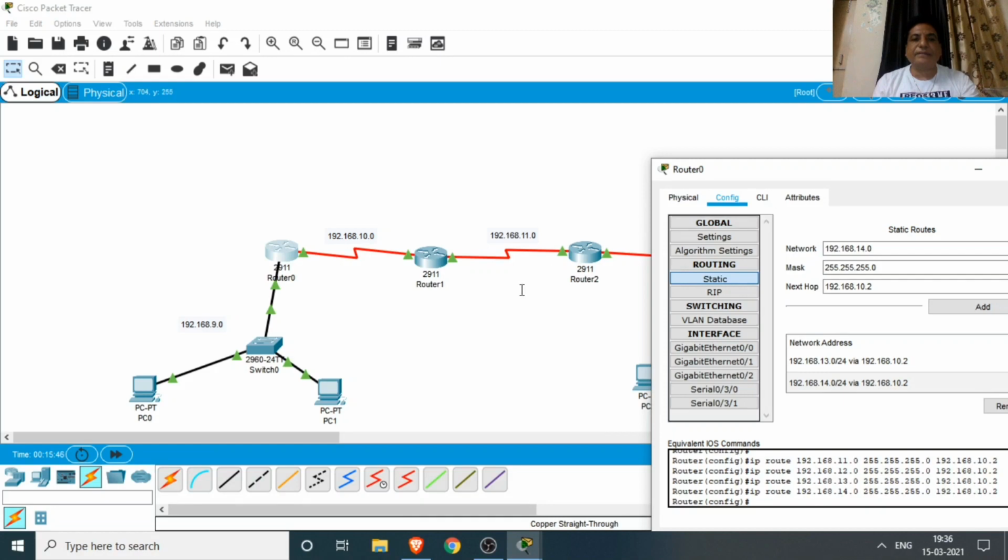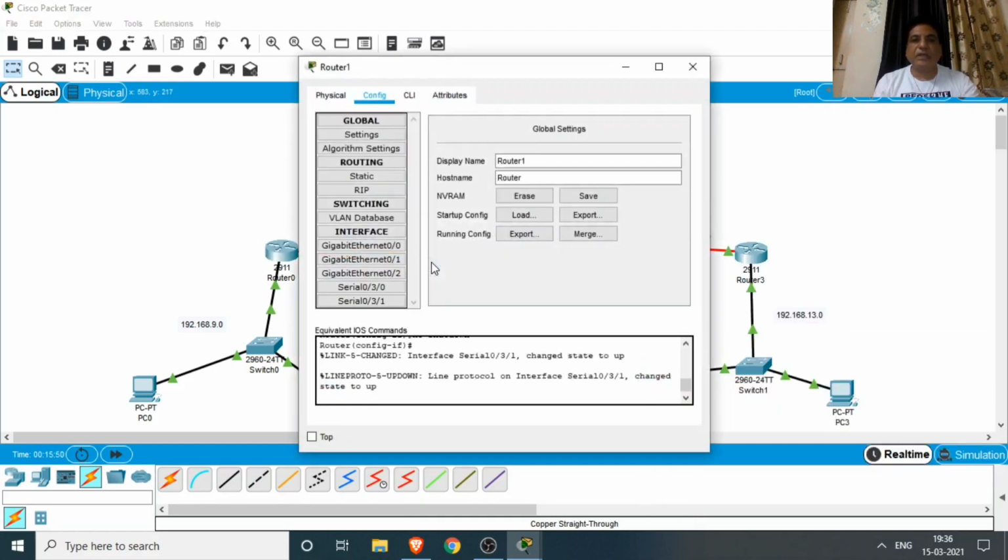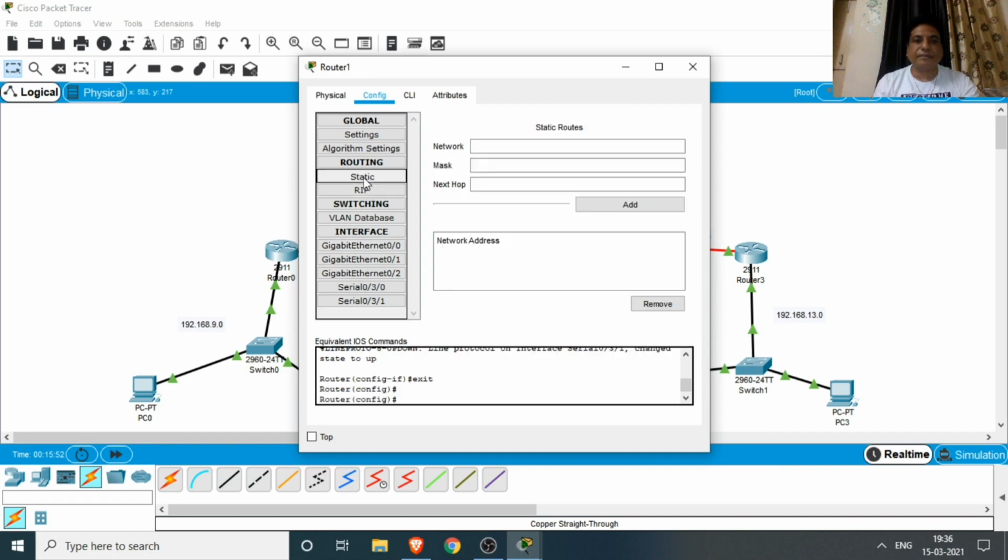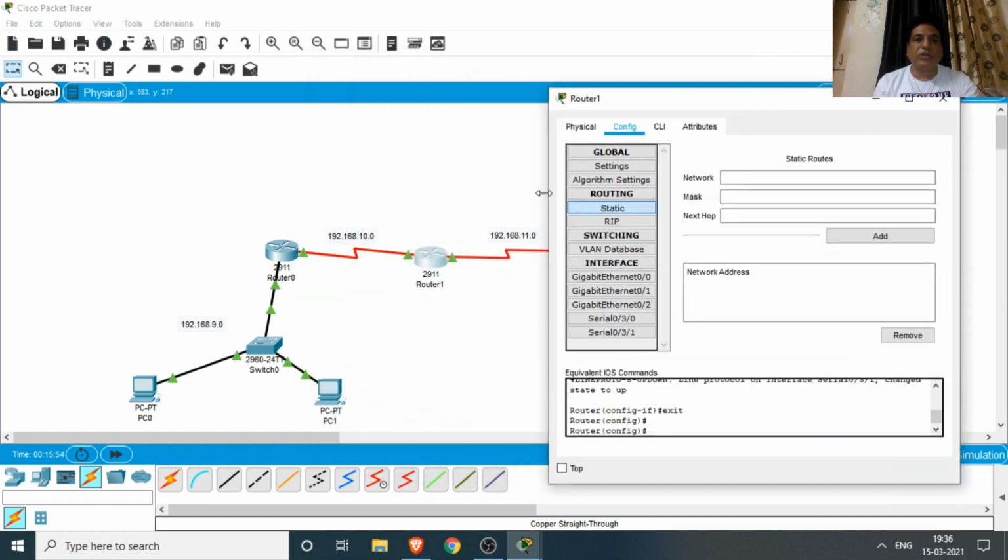Now we click on router 1, go to static. We want to go from router 1 to the 9.0 network. Our exit point is 10.1. So first we add 192.168.9.0, subnet mask is 255.255.255.0.